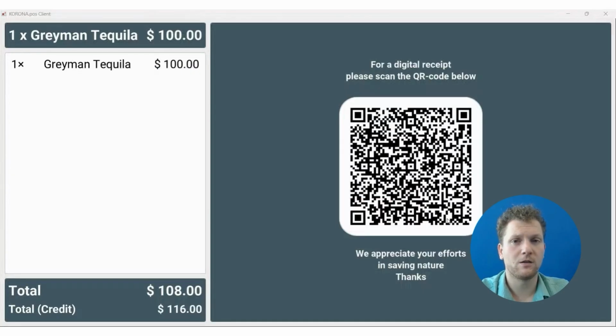One benefit of toggling on digital receipts is if you have a customer-facing display, there'll be a QR code presented whenever you're doing a transaction with your customer. If they don't have a customer account within your system, but they still want a digital receipt, they can use their cell phone to scan the QR code on the customer-facing display. This will take them to a link where they can input the email address they'd like to receive a digital receipt to. Once they hit accept, a couple minutes after the transaction, they will receive that digital receipt to their